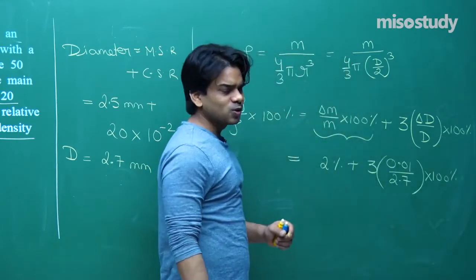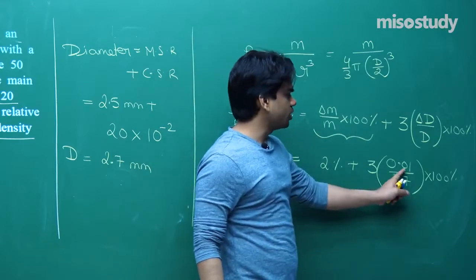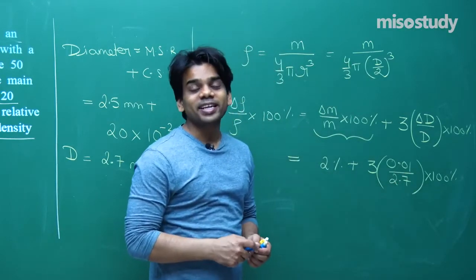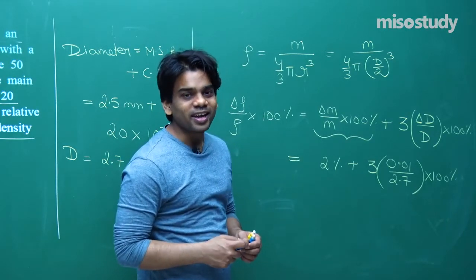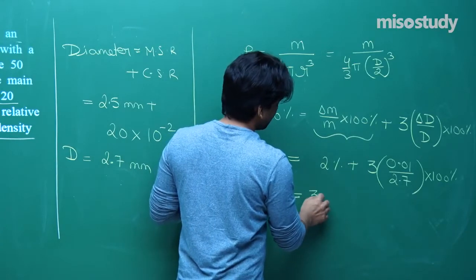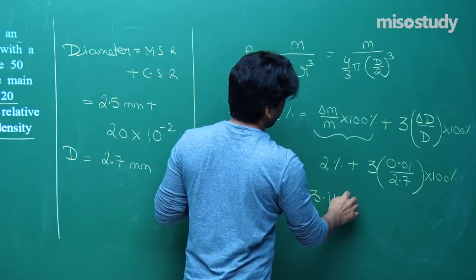Clearly you can now solve this, it will be very easy. You will be having this 0.01 into 100, it will be getting 1, 3 upon 2.7, you will be getting that as 1 upon 0.9. You can evaluate this and you will be obtaining the percentage error as approximately